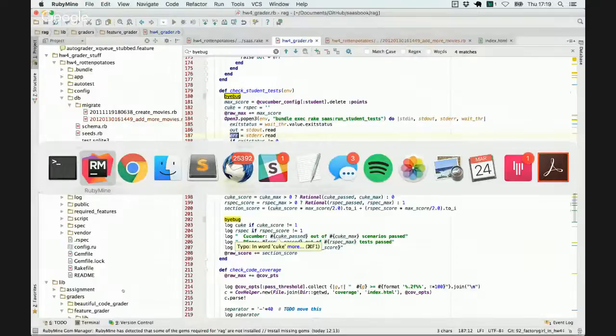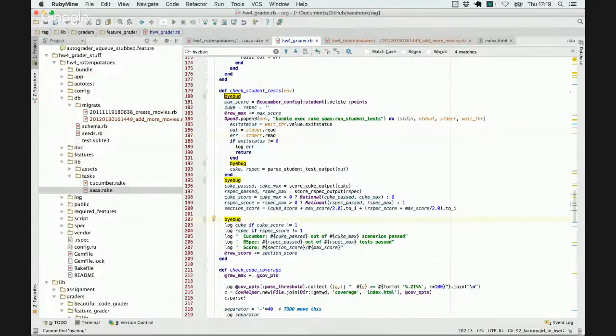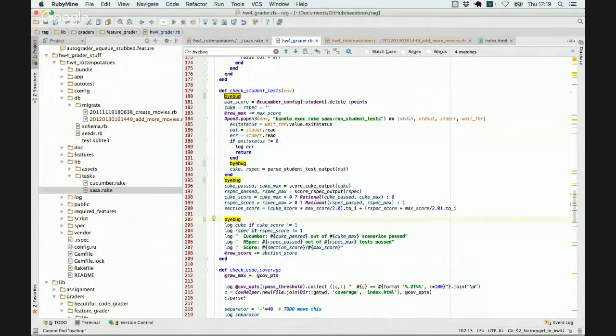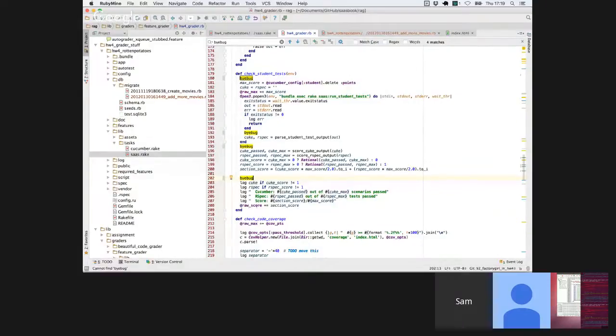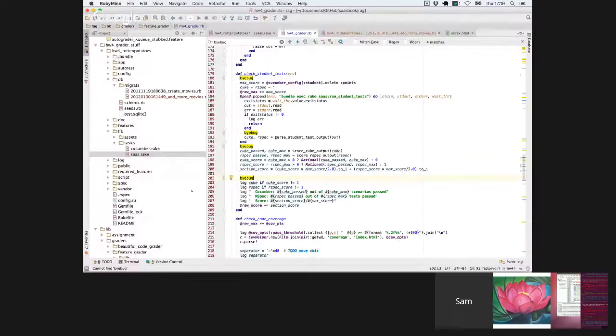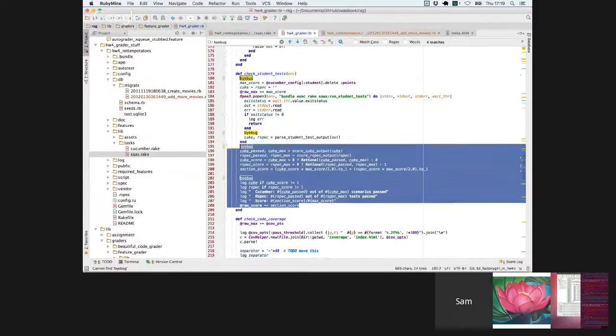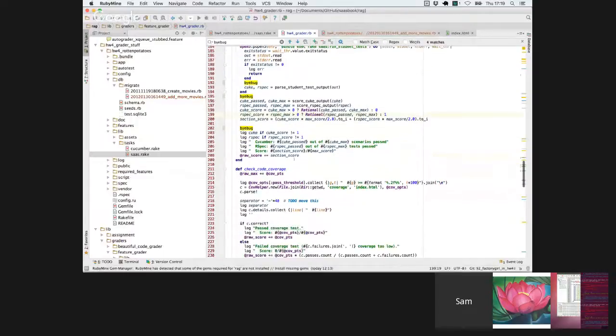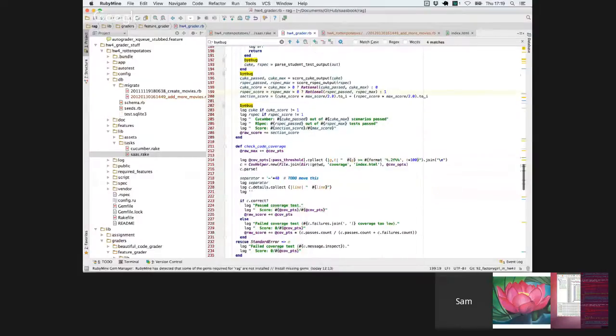Yeah, we certainly can try that. I guess what I'm just seeing is that the only thing that comes back from this check student test is the @raw score. I just wanted to see here. There's basically all this stuff that has gone on, or maybe it's been skipped, because I just don't know. And all it comes back with is then the raw score. And so then it has this